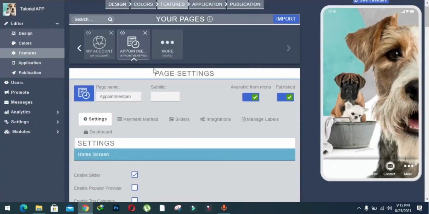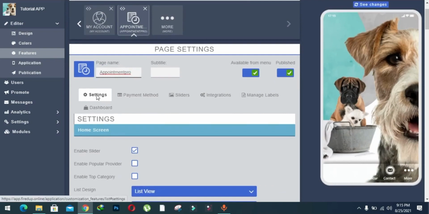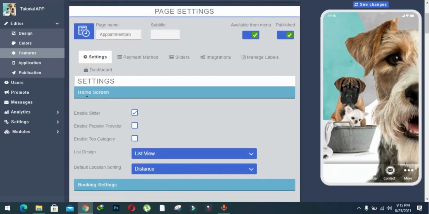So I am here at the page settings of the Appointment Pro feature. As you can see, the page is named Appointment Pro, right? Here I am at the settings section. As you can see, the first setting is about the home screen. You can see there are three options: enable slider, enable popular provider, enable top category. By selecting these features, you are enabling the slider, popular provider as well as top category in the home screen